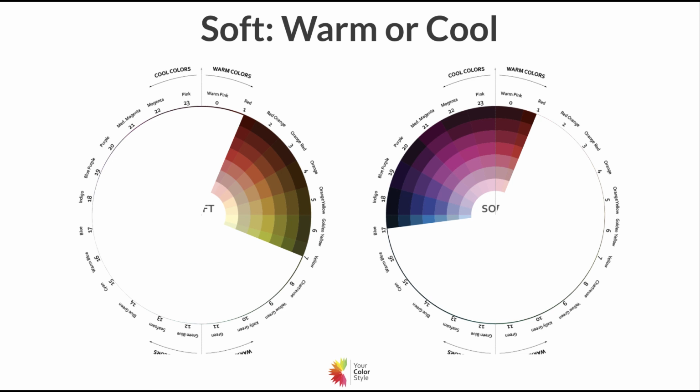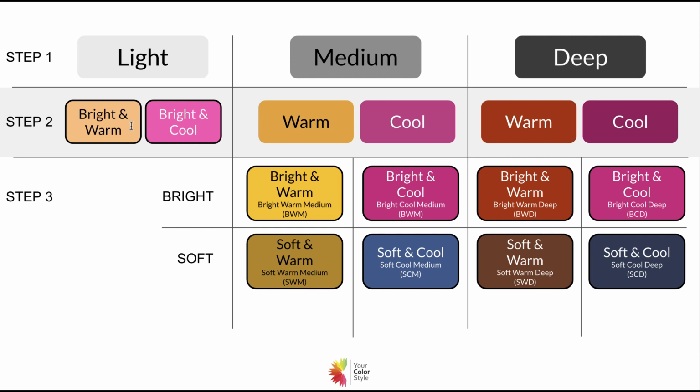Now, if you are light and you've figured out whether you are warm or cool, now you know your color type. You are either bright, warm, and light, or you are bright, cool, and light. That's how simple it is if you're dominantly light. It's not as simple as with medium and deep because you have another step, and that is whether you are bright or